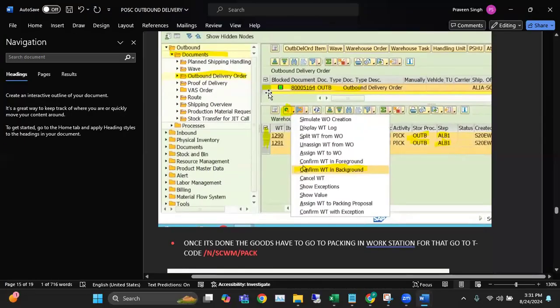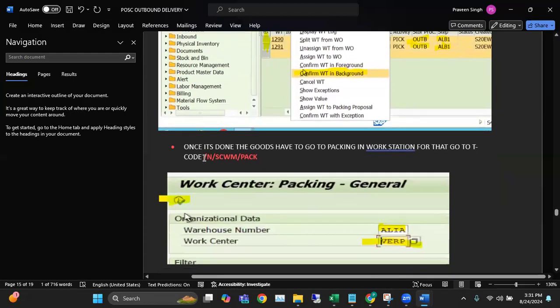Once it's done, when you expand this, you will get a lot of available physical orders, everything. Once you click on the outbound delivery, you will get the outbound delivery order which we created. Select that, click on warehouse task. When you click on the warehouse task here, you're going to get two warehouse tasks. Once you're done with it, click on this icon and confirm the warehouse task in the background. So once it's done,